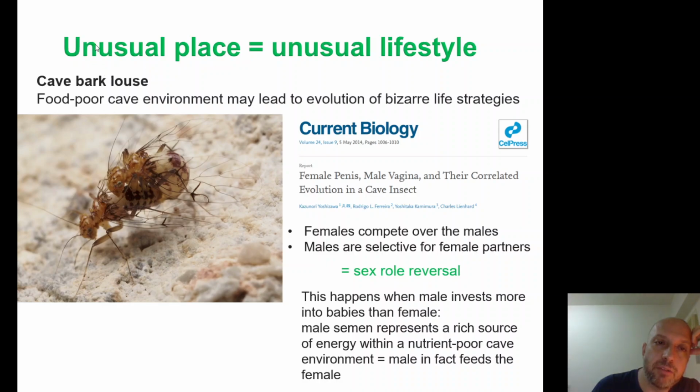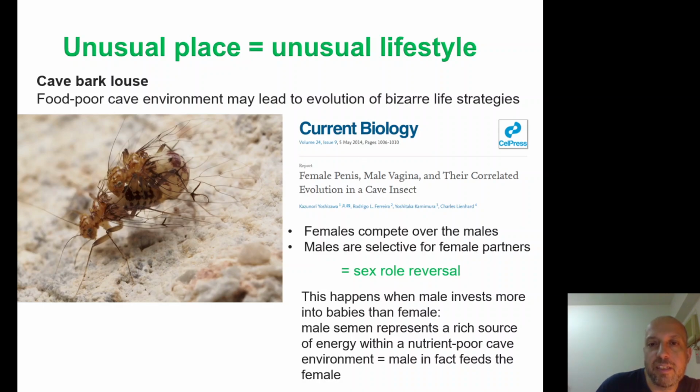So these are the bark lice. This is the thing which normally you can find in leaf litter, and this is one group which is not really belonging to any of these big clades of insects. Normally they live in some leaf litter, in bird's nests. They can eat your insect collection or books if you have them at home and so on. But otherwise they are quite normal insects, right? In some Brazilian caves, very dry caves, they discovered a species which is living in an environment very poor for food because it's a very dry cave. There's not actually much to eat, right? And they developed